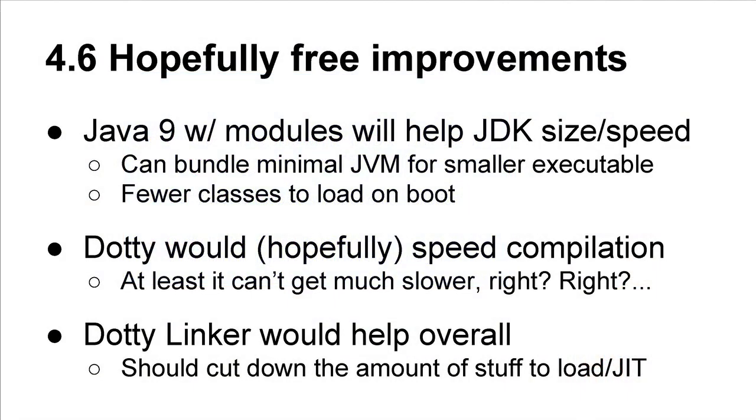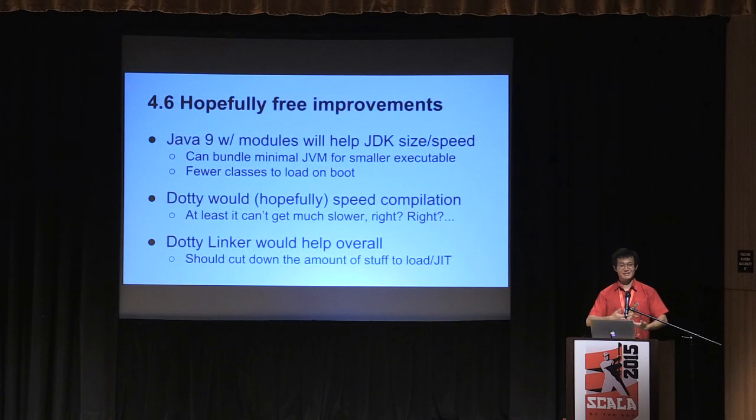So there is hope, because the one benefit of being in a large ecosystem is that other people can do work for you, and I don't even need to pay them. So like Java 9 modules would help cut down the size of a JVM to make bundling smaller, which would be great. And the Java 9 people have been talking about closed world optimization for their modules. Like the Dotty people have been talking about closed world optimization for the modules, which would possibly make the modules that we load as part of the initial Ammonite start smaller and thus faster to class load. Because it doesn't matter how fast a JIT makes it, because the first time, you always have to load all this trash. And hopefully Dotty will make things faster. If it makes things slower, no one's going to use it. So there's only one way it can go.